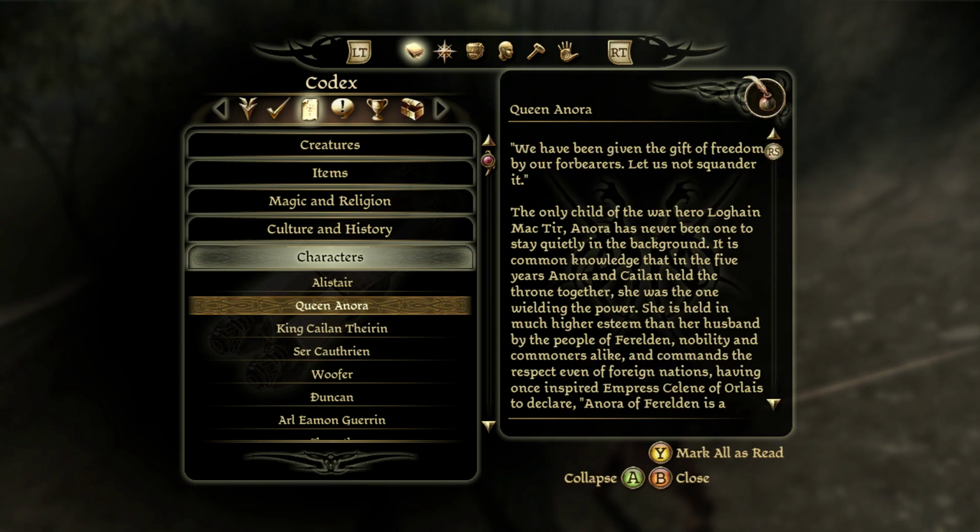But sure. Queen Honora, we have been given the gift of freedom by our forebearers. Let us not squander it. The only child of the war hero Lugane MacTeer, Honora has never been one to stay quietly in the background. It is common knowledge that in the 5 years Honora and Kaelin held the throne together, she was the one